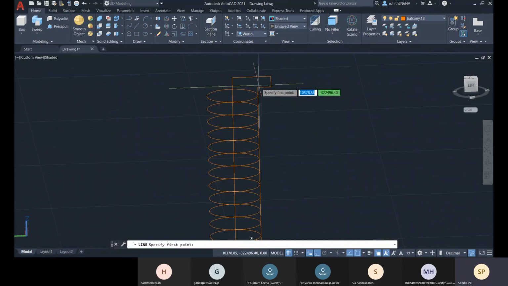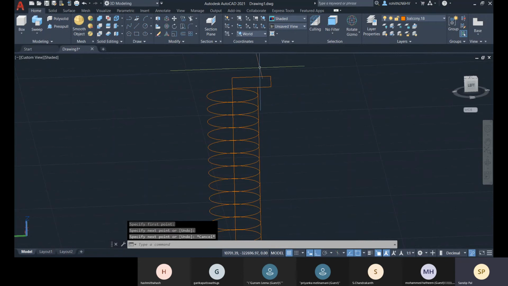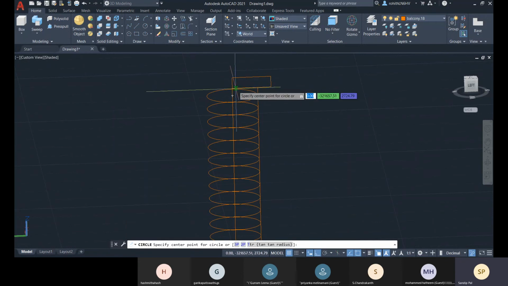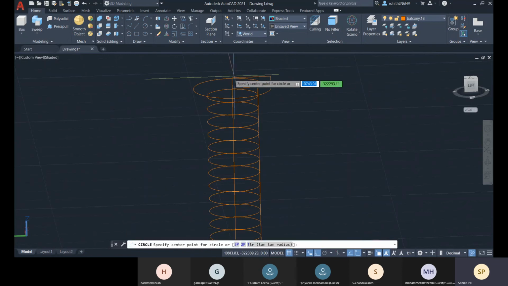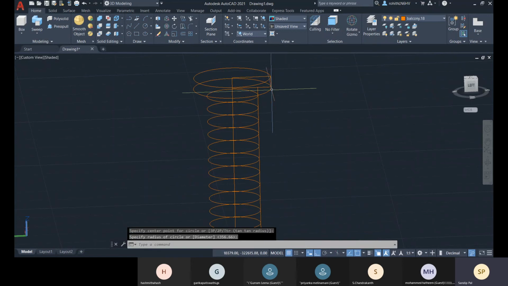Let me just place it over there, another circle, and another circle at the top.